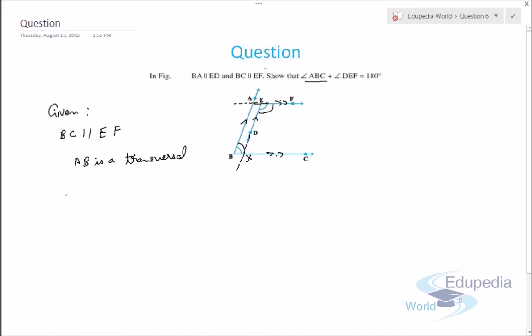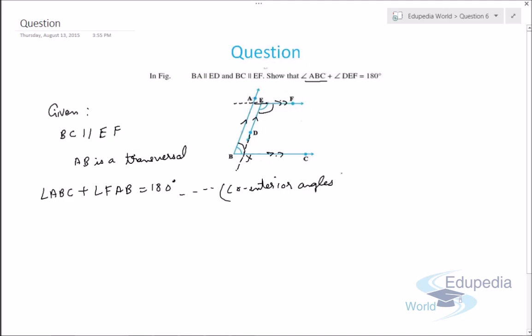So we can write: line BC is parallel to EF and AB makes a transversal. So we can write angle ABC plus angle FAB equals 180 degrees. Why? Because they make a pair of co-interior